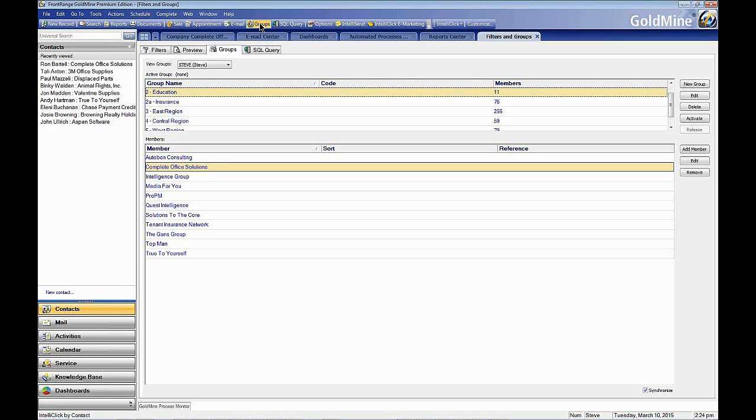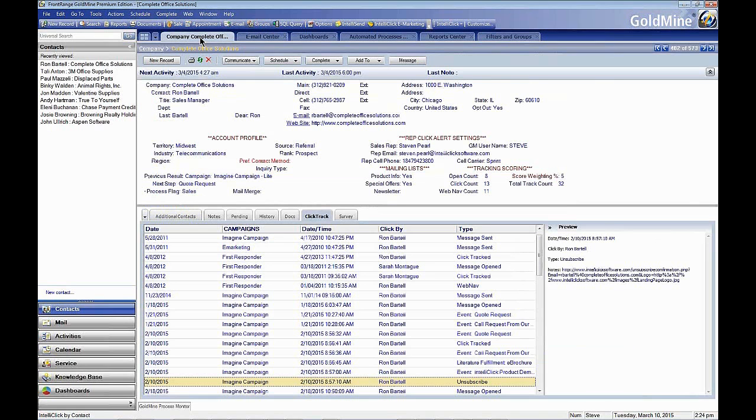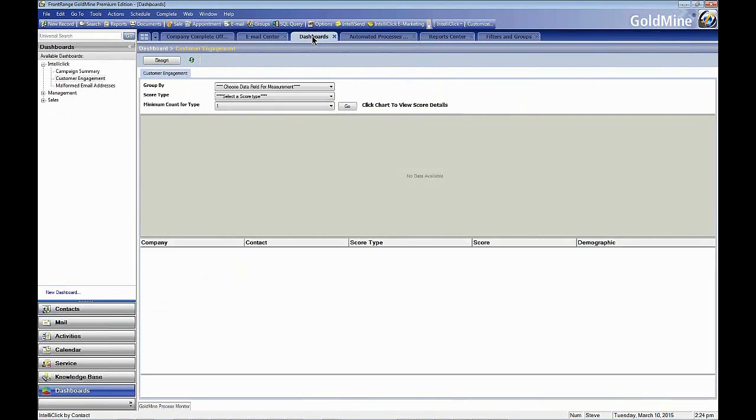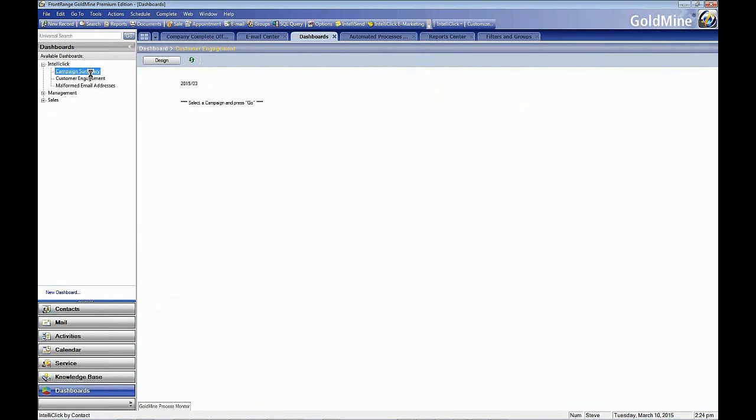Then you're ready to now execute a campaign to that group and start gathering this intelligence in the process. So if we look at IntelliClick itself, and I'm on the topic of reporting, dashboards is another important way that we give you the ability to assess the successes going on in your campaign. So with our campaign summary dashboard,